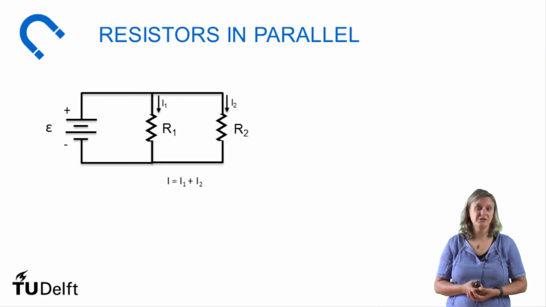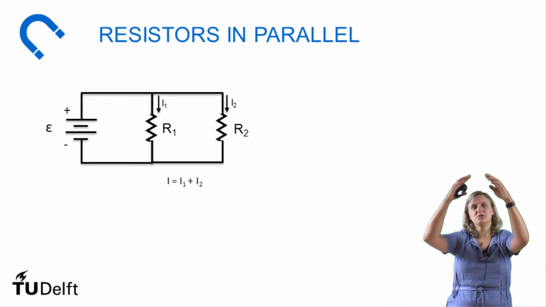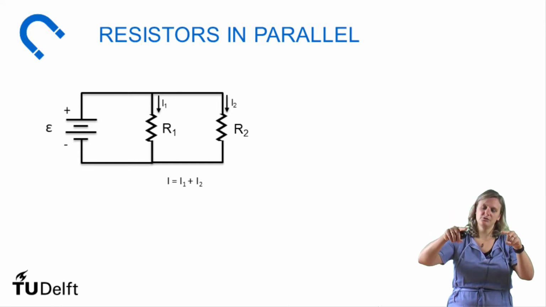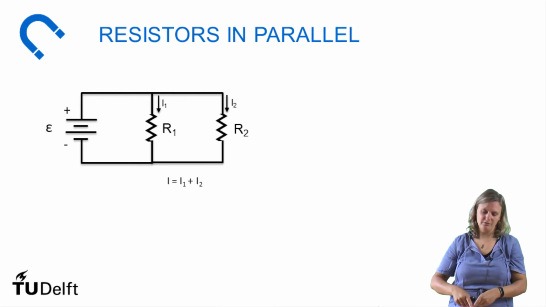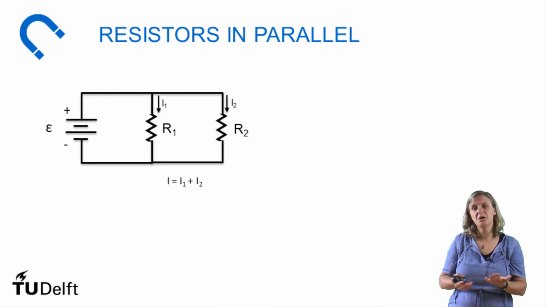So what if we have resistors in parallel? If we have resistors in parallel, what happens is that if you think again of the mountain, you start from the top, but the river, the current basically splits, goes through two lakes or resistors or what you want to call it, and then goes down the mountain. And if you think of that analogy, it becomes obvious that the voltage over the two resistors is the same, but the current is split.